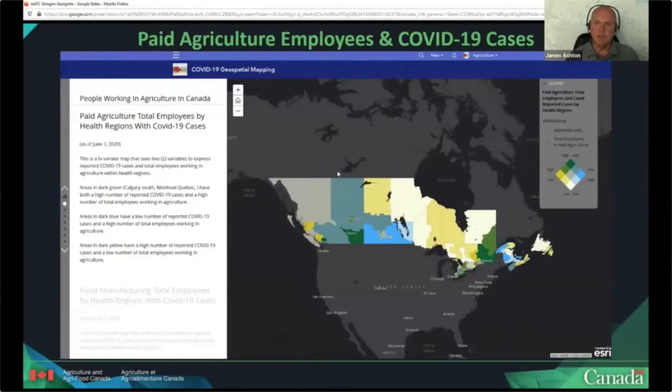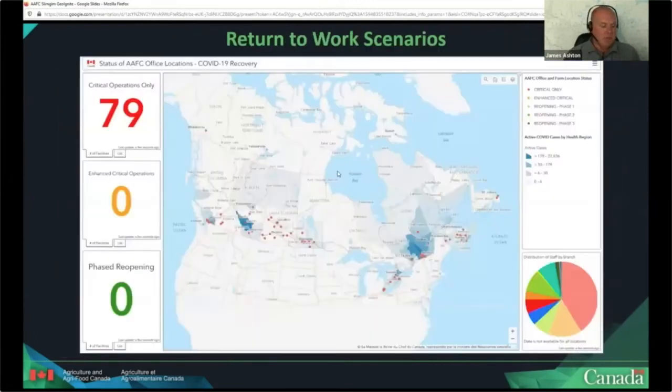So the dark green areas here, where both variables are high, would pinpoint problem areas. And we continue to work on mapping with different groups throughout the organization to come up with return to work